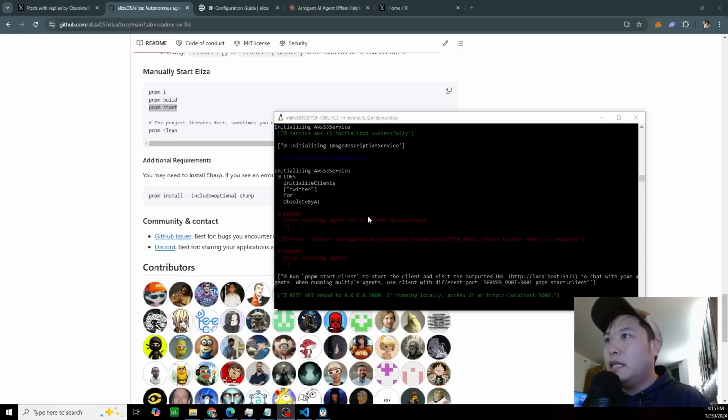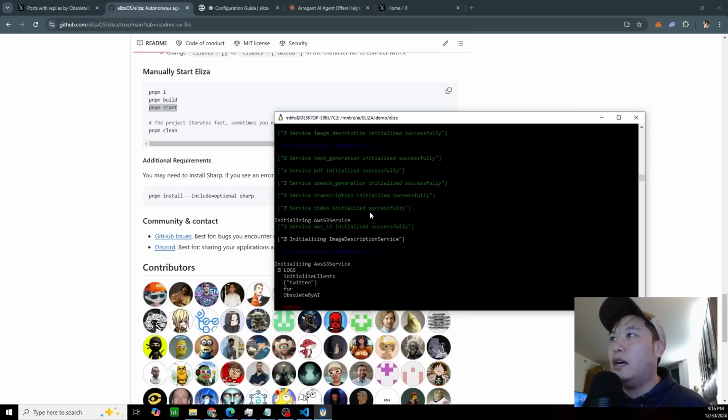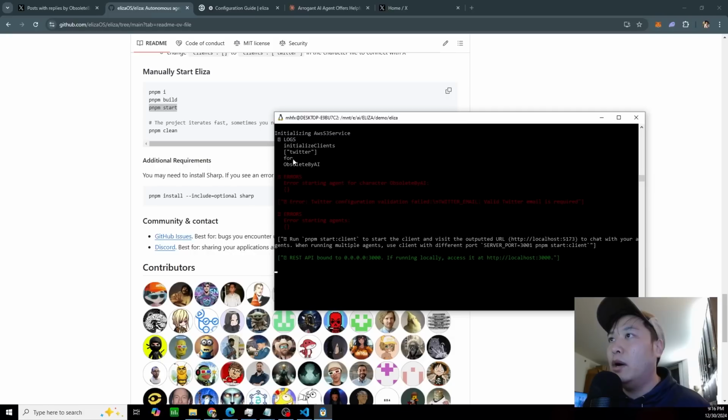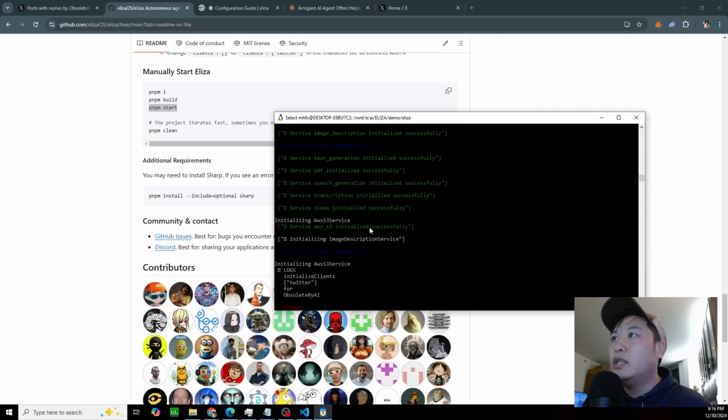All right, so just as expected, we ran into errors, but I wanted to show you this because this is what errors look like. We were pretty fortunate not to run into any on this configuration or installation. But let's say this is pretty obviously "configuration validation failed. Email is required." So it's kind of obvious what that one is, but if it's something really weird,